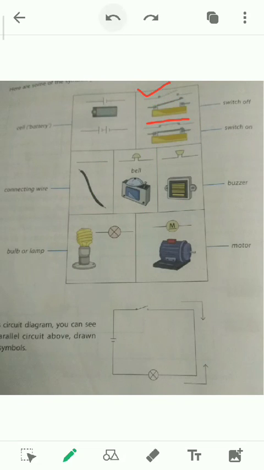So you can see all these symbols for different components of the circuit. So here they have drawn a circuit with the symbols. For example, here you can see it's the symbol of a battery, and here is the symbol of an open switch. You can see it from here, and here is the symbol for a bulb. Okay, moving on,